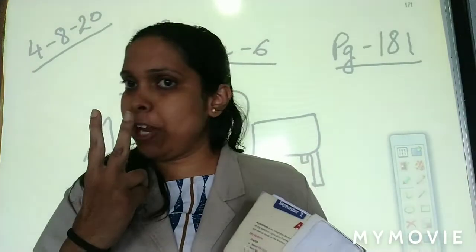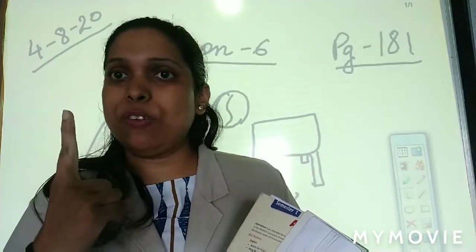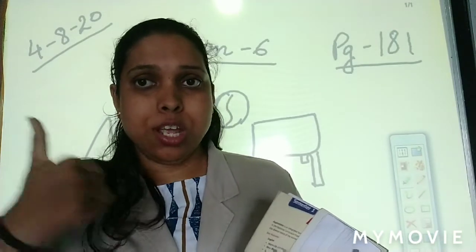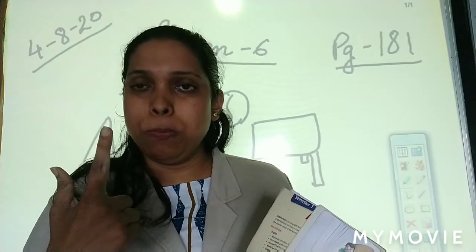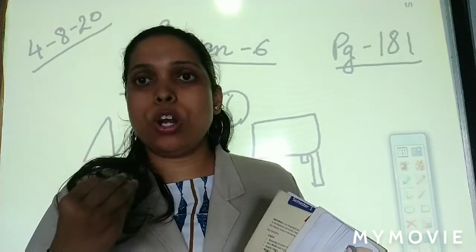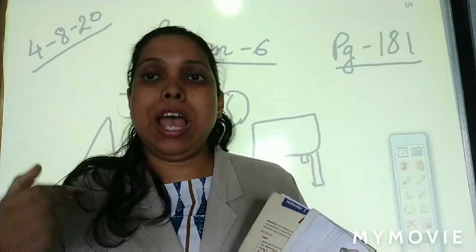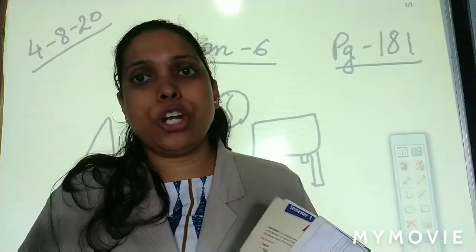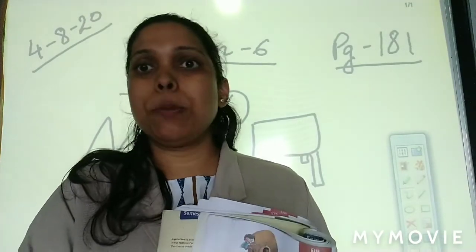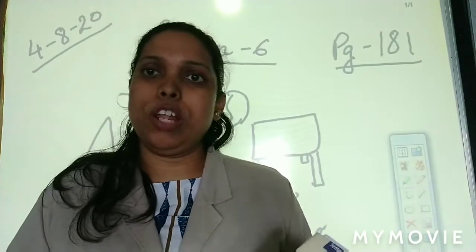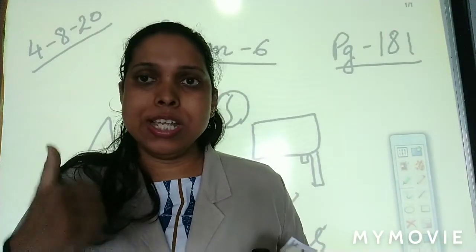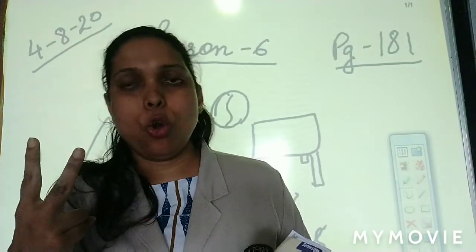Two terms we have studied today. What are they? First one was living thing. What are examples of living things? We have seen the pictures of animals, human beings, birds, insects and plants. So these were all living things. They are alive. And now other things are non-living things. How did we know? This pen, if I show you, cannot breathe. So this is a non-living thing. So we have learned two things today. The first one is living thing. Second is non-living thing.